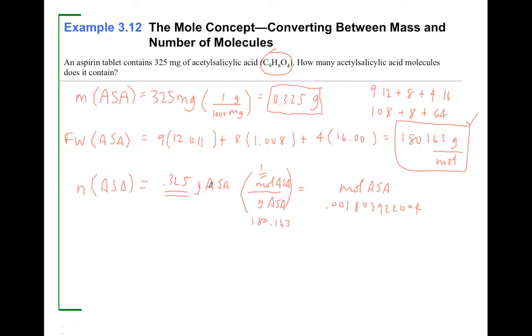Now, how many sig figs do I have in this answer? This looks like this has 3 sig figs. This has 6 sig figs. Okay, that number is exact. So it looks like this is going to have 3 sig figs. So here's my 3 sig figs right there. 0.00180 is my answer. Or I might write that as 1.80 times 10 to the minus 3